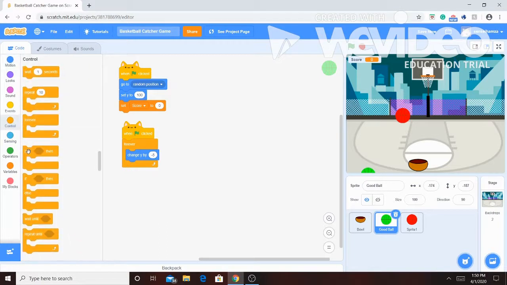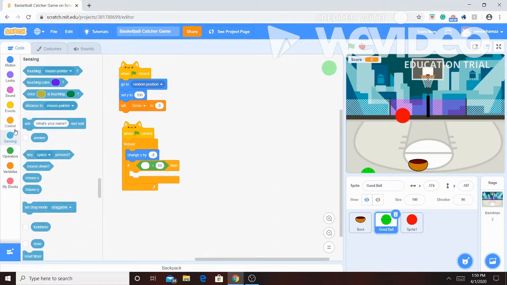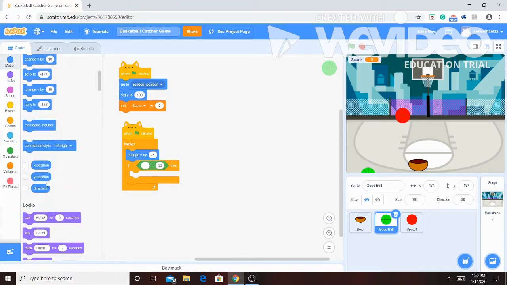The next thing we need is an if statement. So let's insert that there, and then we need the operator less than. Okay. And then we're going to get the Y position variable. If the Y position is less than -170, which means if the Y, so right here is -187. So if it's less than -170, which is probably right around here, then we're going to have it go